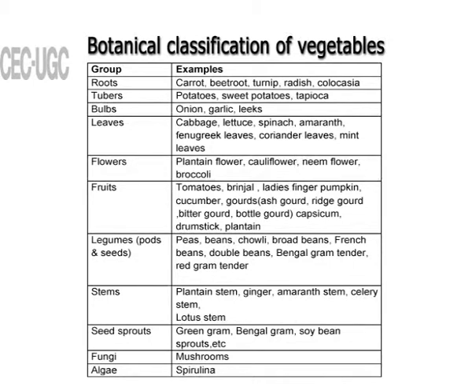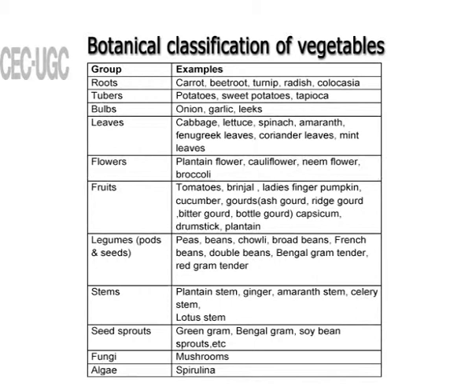Bulbs: onion, garlic. Leaves: cabbage, lettuce, spinach, amaranth, fenugreek leaves, coriander leaves, mint leaves, etc. Now, flowers. In this we have plantain flower, cauliflower, broccoli and the neem flower. Now, under fruits we have tomatoes, brinjals, as I told you, lady's finger, pumpkin, cucumber, gourds, all kinds of ash